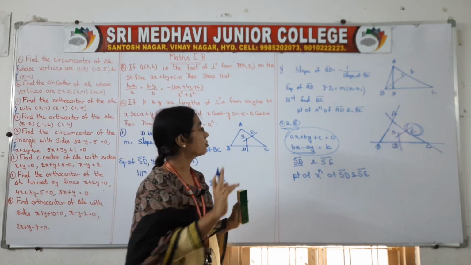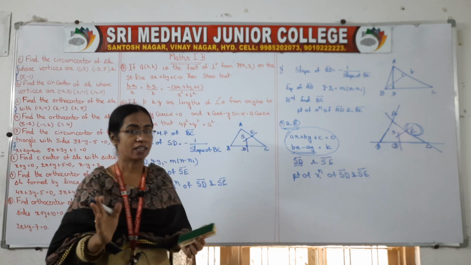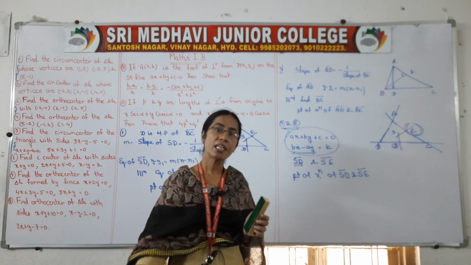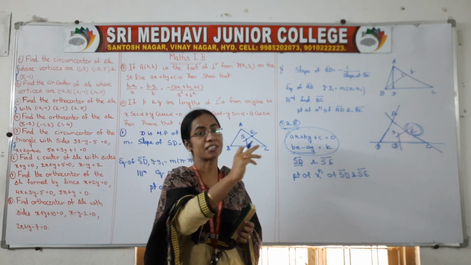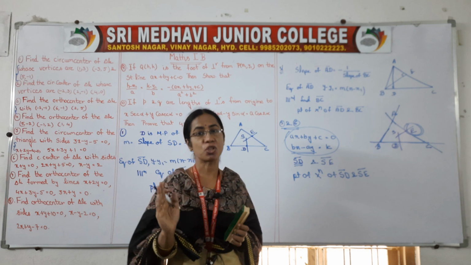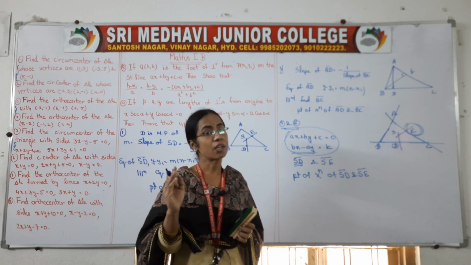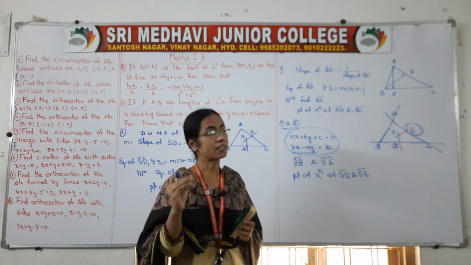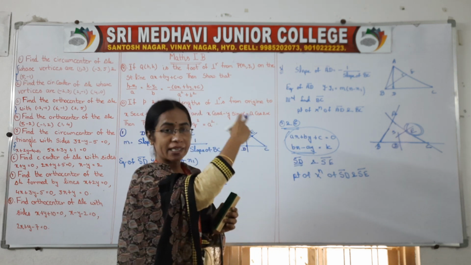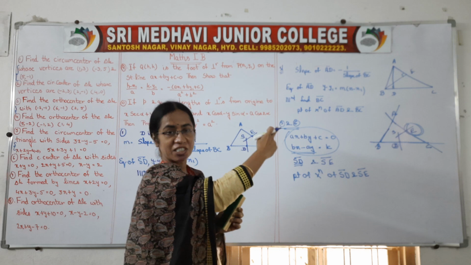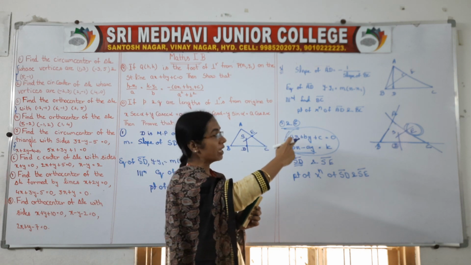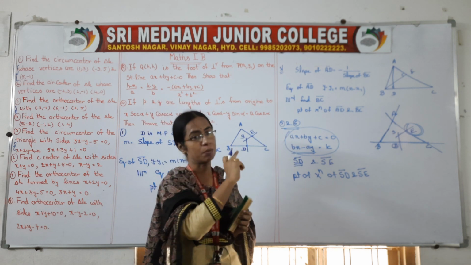That is the concept of your 5th and 6th questions. So what is the procedure? Once again, you find the 3 vertices. Here 3 side equations are given to you, so we need vertices. For that, solve two line equations. Their point of intersection is one vertex. Like that you find your A, B, C.